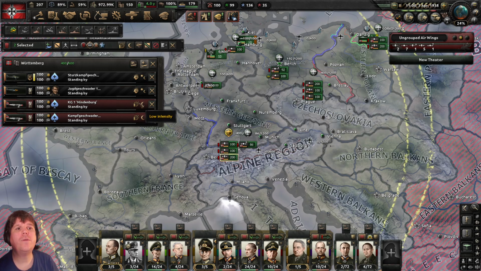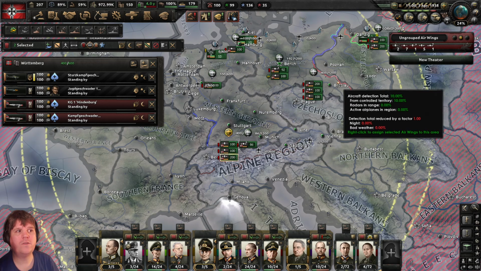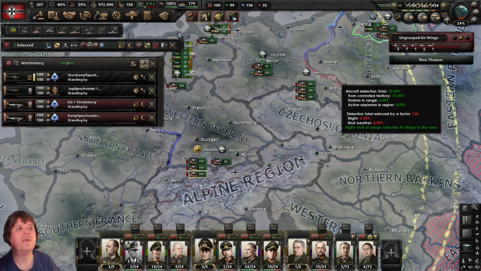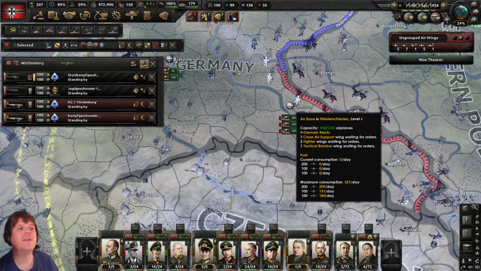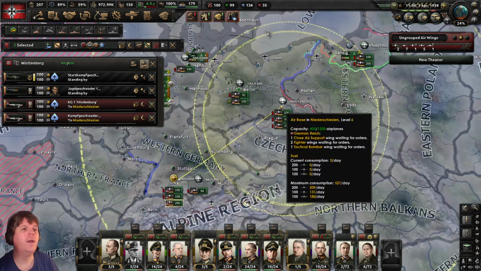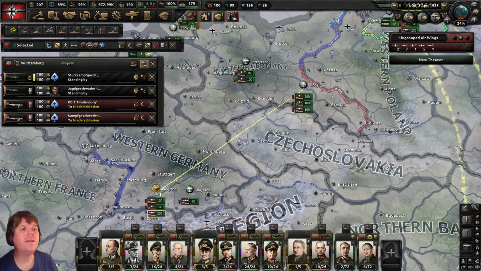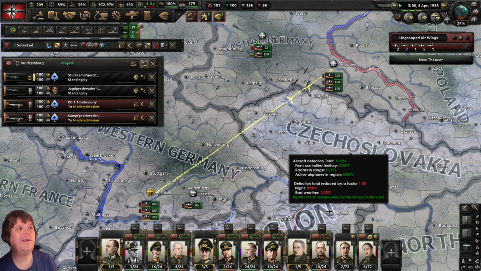I'm going to leave the other orders there as is, so that they've basically got the correct orders once we start in Poland. The only thing I do want to do is bring them a little closer to the Polish border. So I'm going to fly them back up to this airbase here by right-clicking it. There we go. Slow time down a bit to a level 3. Let's unpause. And there we see the two air wings making their way over,